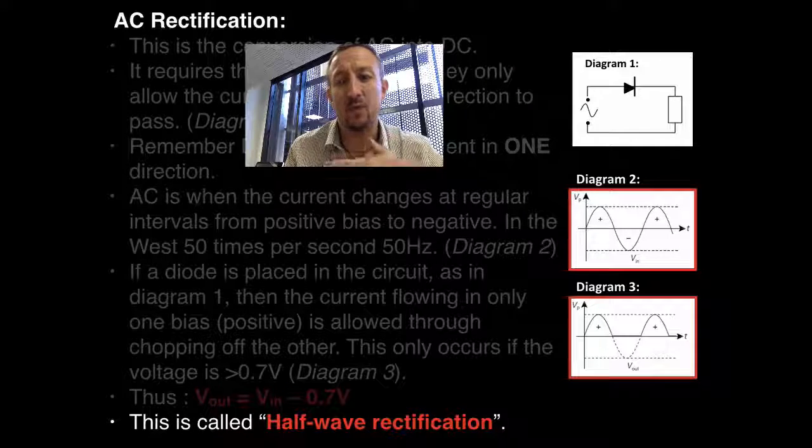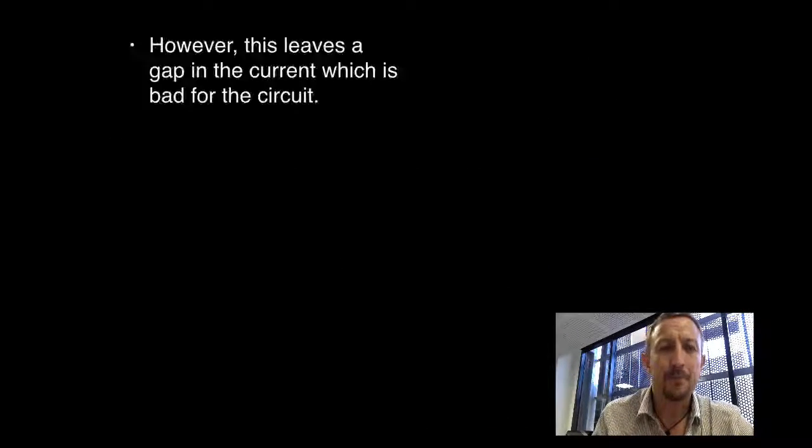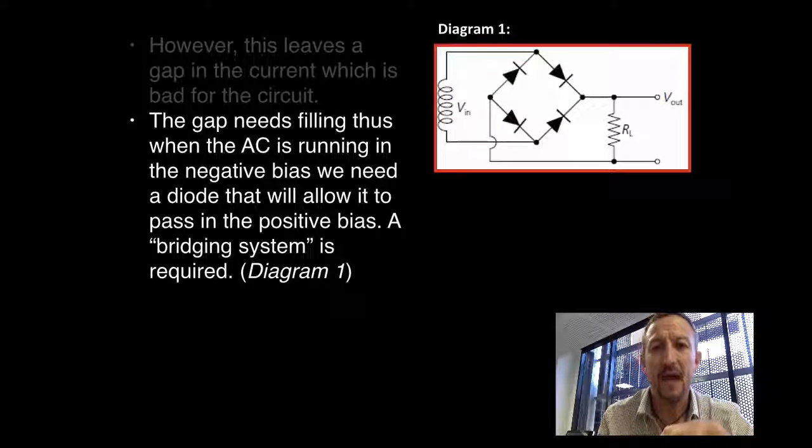This process of this one single diode chopping off that bottom portion is called half rectification. Why? Well, we basically got rid of half the wave of our AC supply. So basically what this means is we've now got a gap in our current. We've got two peaks and we've got a flat line. So what we need to do is use more than one diode in order to produce the current to flow in the same direction from AC. So we use something called a bridge rectifying system, which is